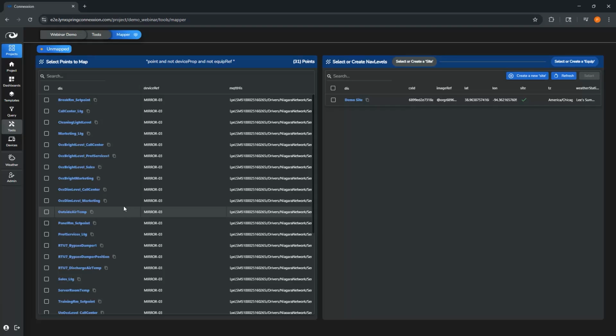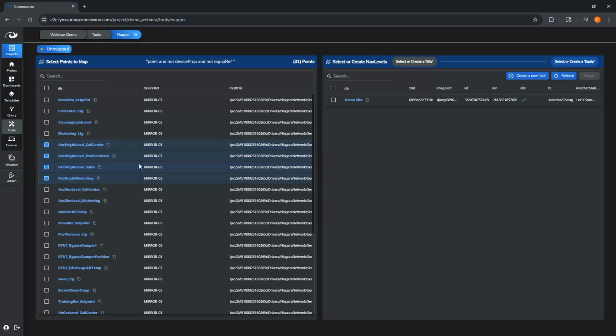So I'm just going to pick a couple things at random just to show you how easy this is. The whole entire application, the concept is always going to be ease of use, ease of use. Haystack can get very complicated, and we don't want you to have to worry about that. We want to take care of the Haystack and the data modeling for you, and we're going to do that by giving you tools that are easy to use. So let me just grab a couple things at random.